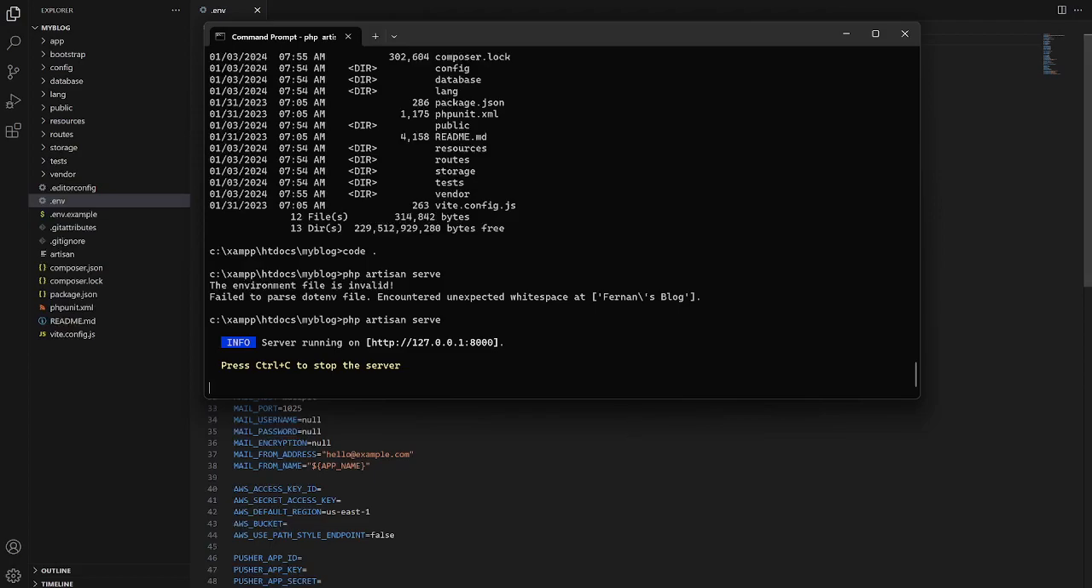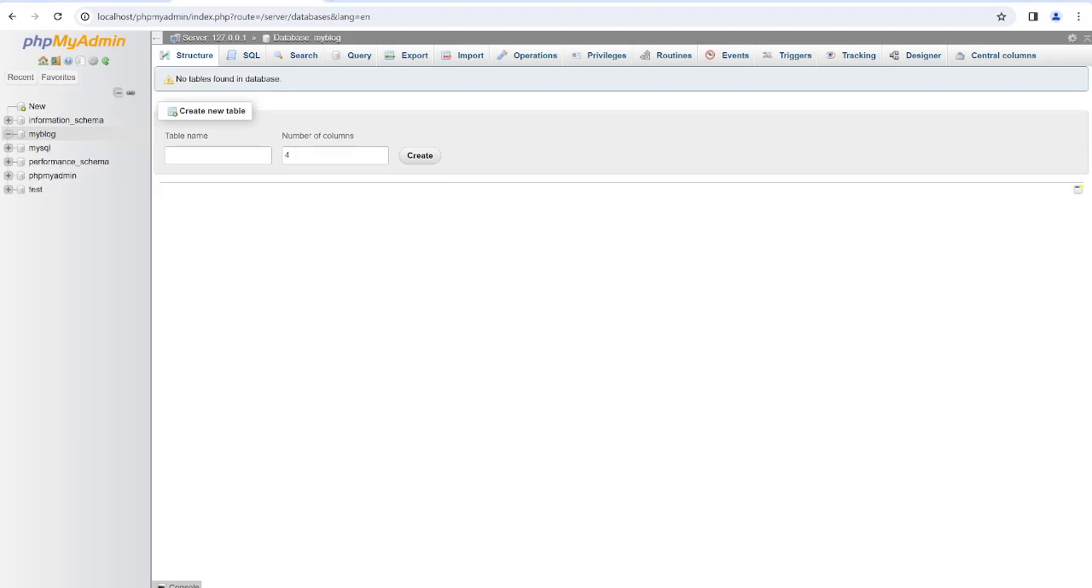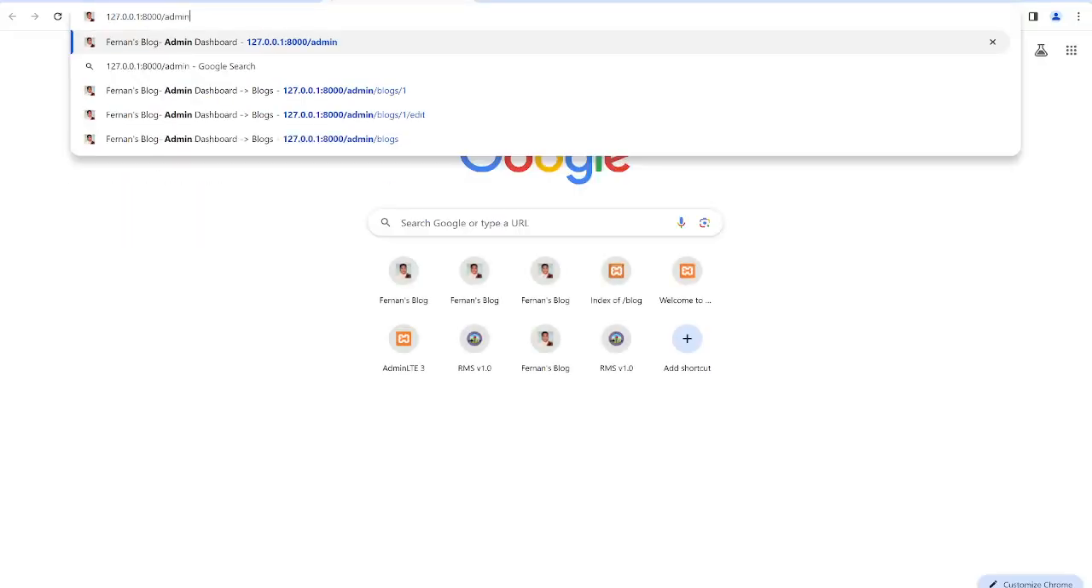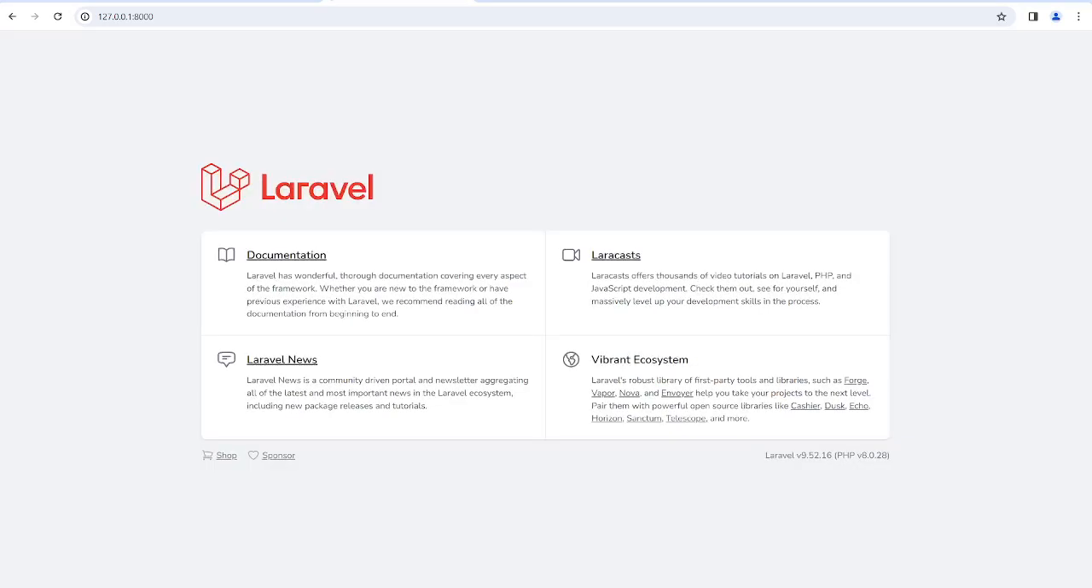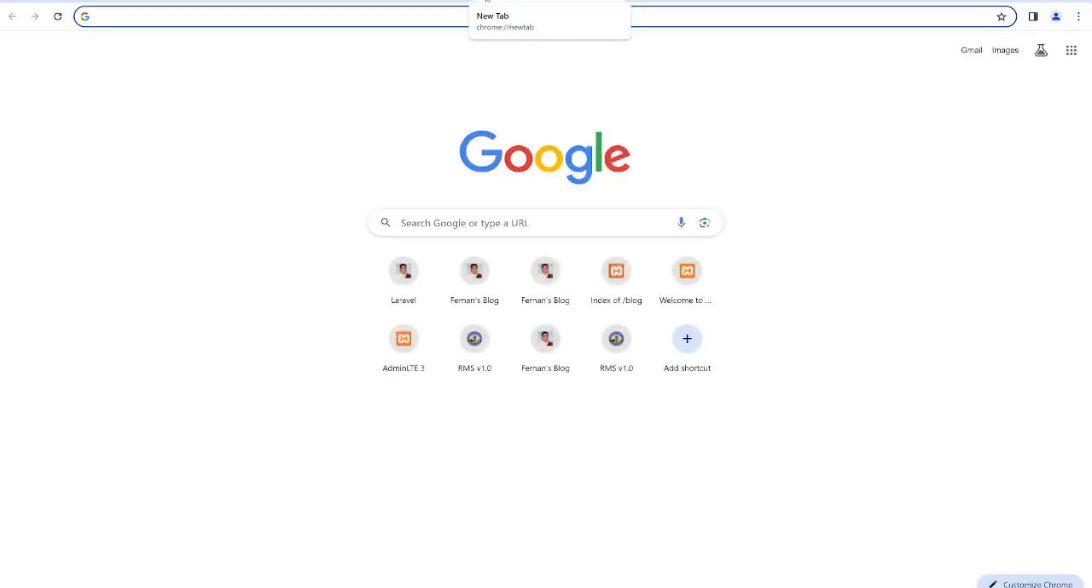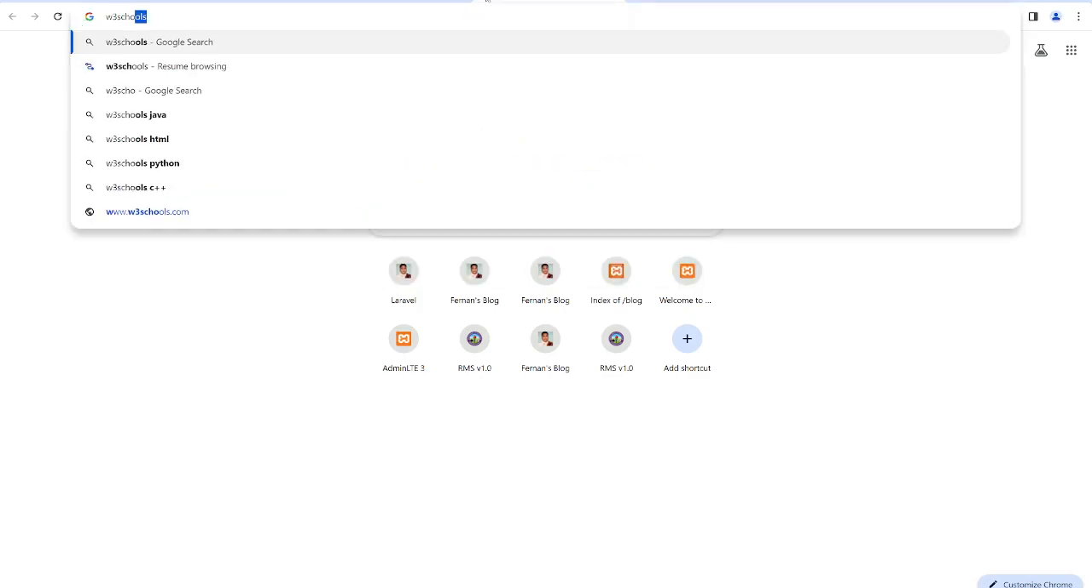Alright, so we should be able to access this through 127. There. And what we have right now is basically the default Laravel application. Alright. So the next thing that we would need to do is to create our template. So we covered before as to how to create a template. So what we did is we just went ahead and go to W3 School,